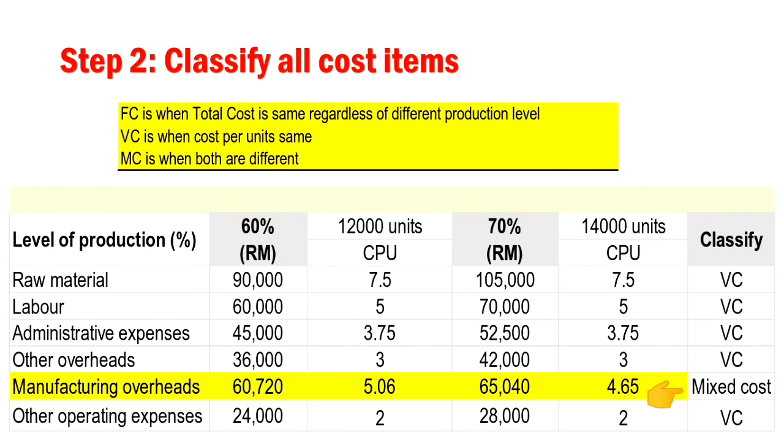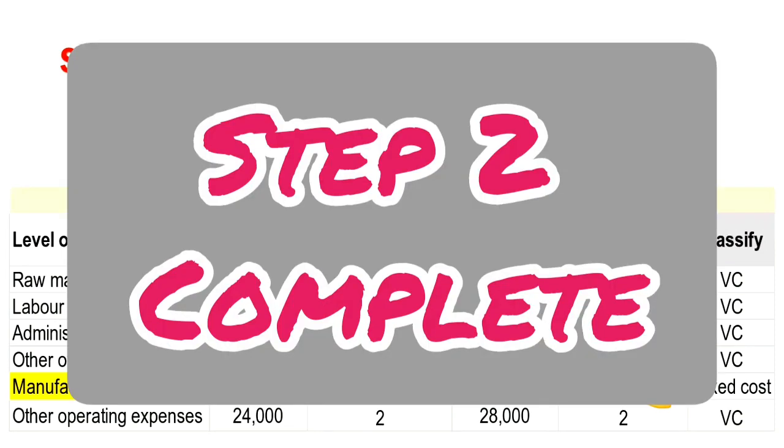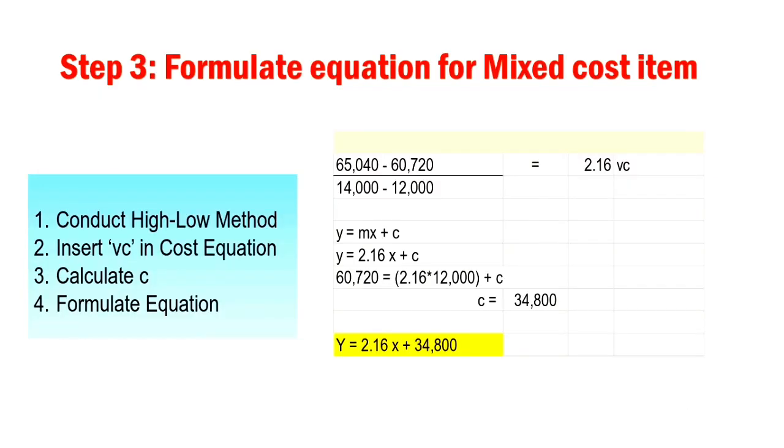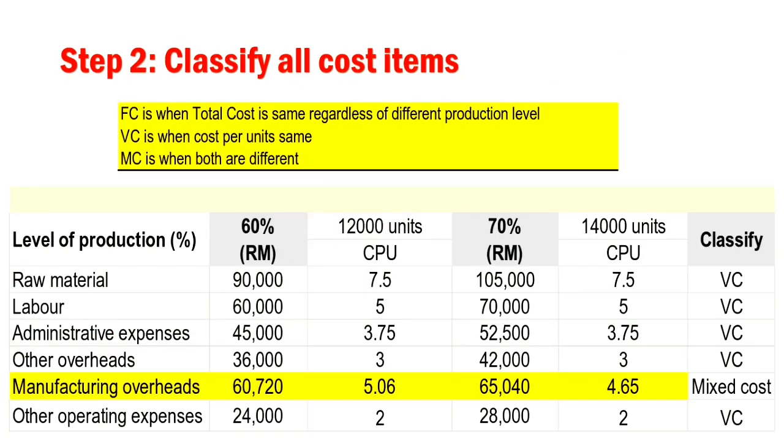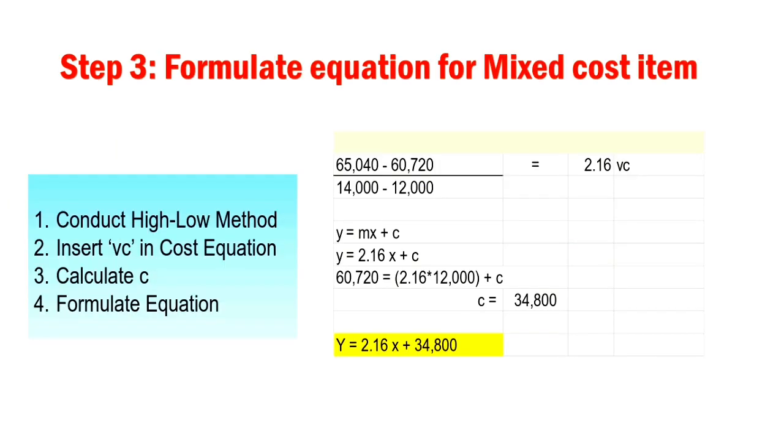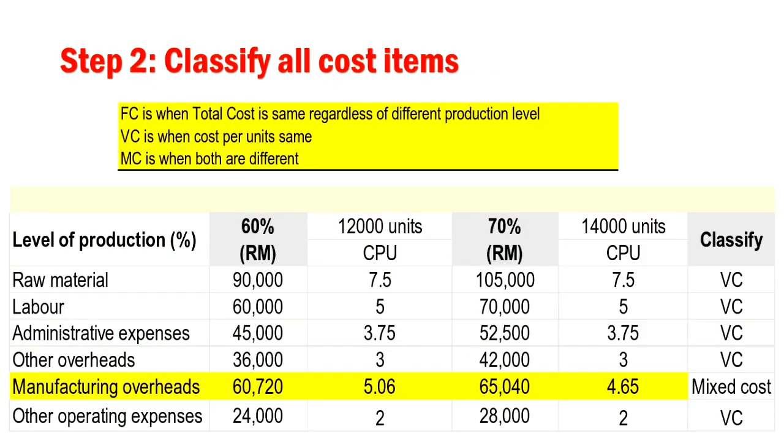Now we are ready to do step number 3. In step number 3, we have to formulate the equation for the mixed cost item. Let's revert back from the calculation previously. There is only one item for mixed cost. So in step number 3, we just focus on manufacturing overhead. So remember, under step number 3, you have to conduct the high-low method. Under high-low method, under manufacturing overhead,